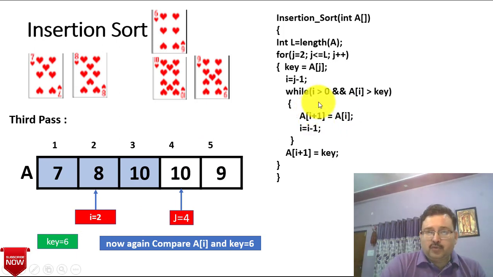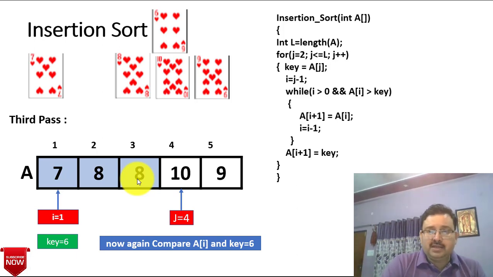Again repeat this loop. 2 is greater than 0. Yes. And a2, that is 8, is greater than key, that is 6. Yes. Again shift the value of this to third place. Clear? And reduce I by 1. So I will become 1 and 8 will be overwritten on the third position. The result will be